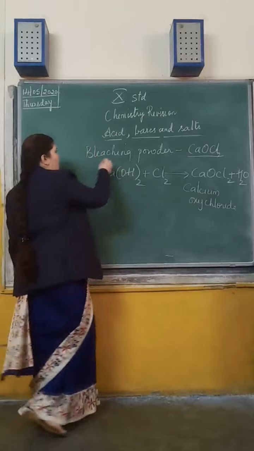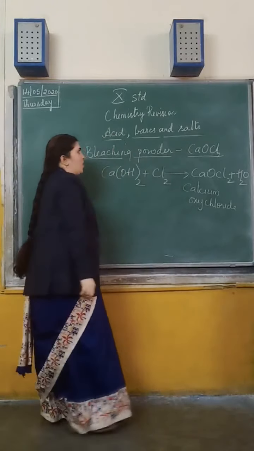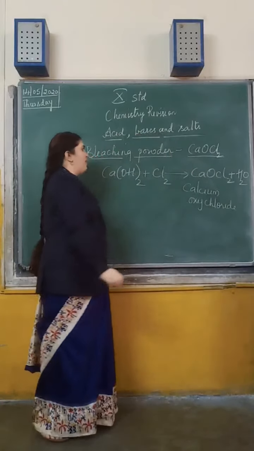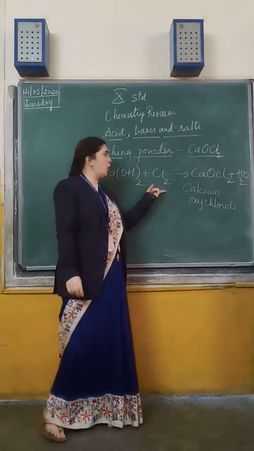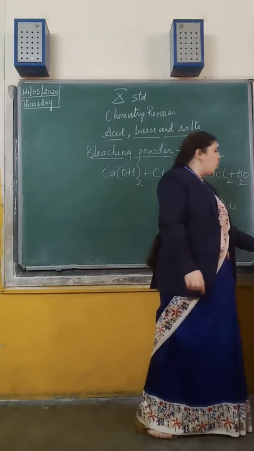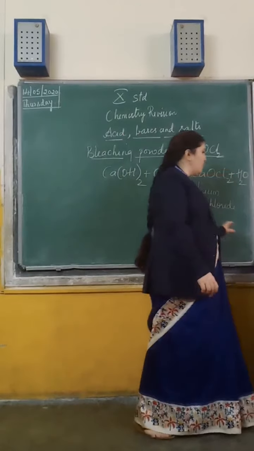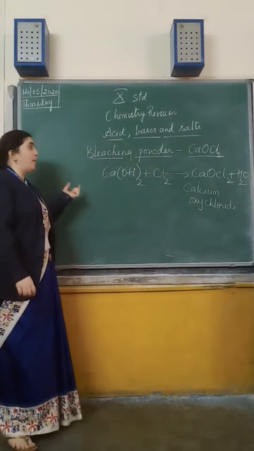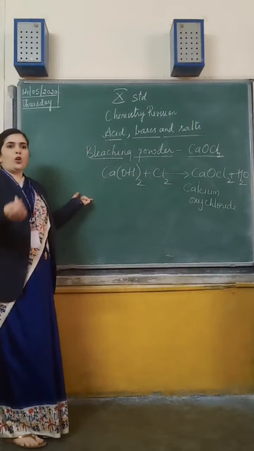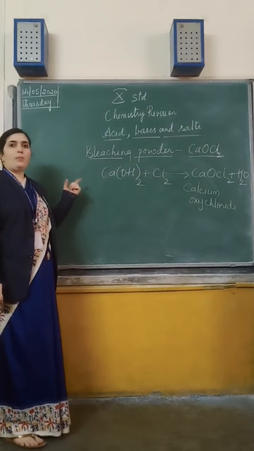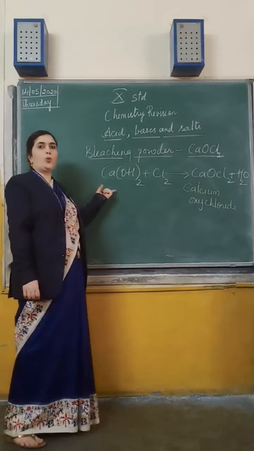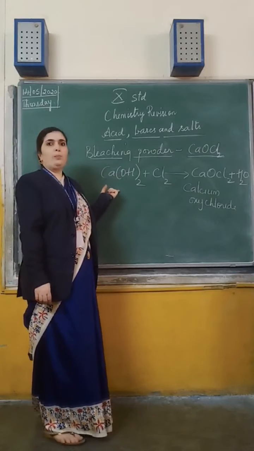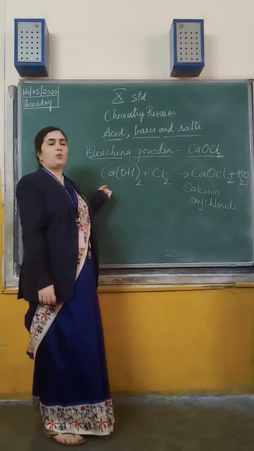So that is about the different products you can get. The first product is calcium oxychloride, the bleaching powder, manufactured by treating calcium hydroxide with chlorine. Where do you use bleaching powder? You use it in bleaching paper. When paper is manufactured, it is not white but somewhat creamish, yellowish in color. To make it pure white, we treat the paper with bleaching powder, which removes all the impurities.